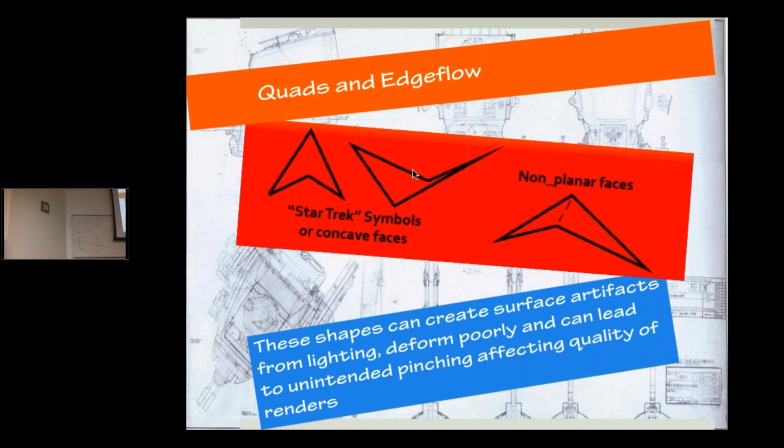And if this object is organic in any way or changes shape in any way, like a cord or a wire or something like that, it doesn't have to necessarily be organic. If it changes shape and you have an irregularly shaped face like that, or a non-planar face, which we've talked about already being a no-no, a bend in the face of geometry that is not supported by an edge,